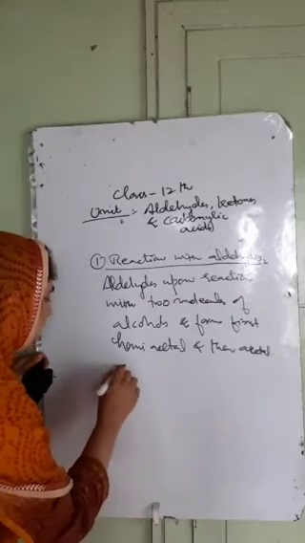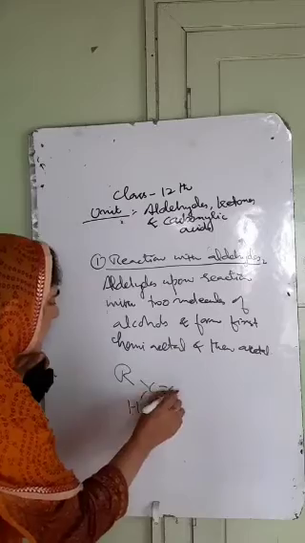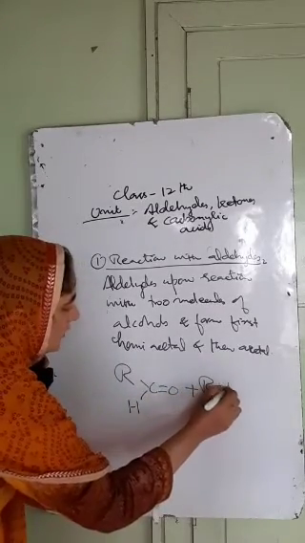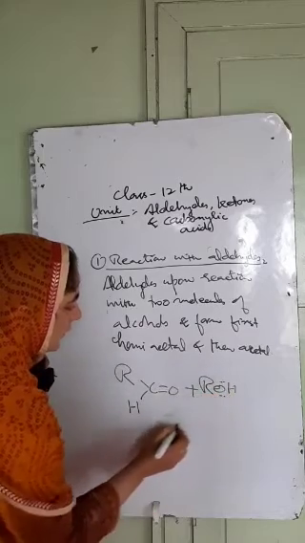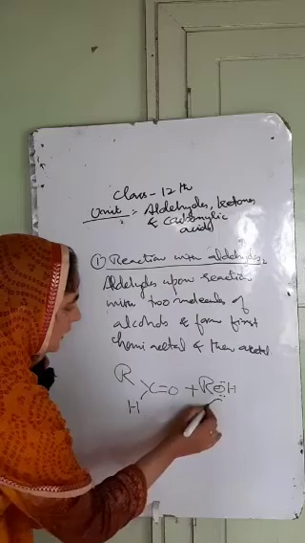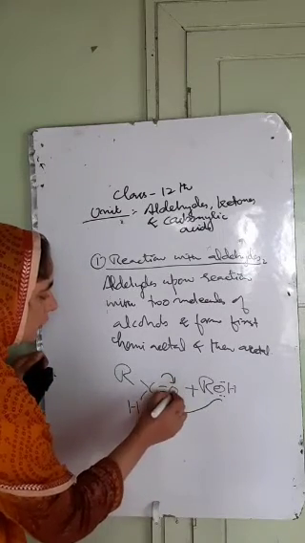So you have an aldehyde, suppose R, H and C double bond O. These are aldehydes, and they will react with alcohol ROH. इस पर lone pair of electrons है, and this RO, lone pair of electrons, will act as a nucleophile and attack the carbon, and here you have the O negative.